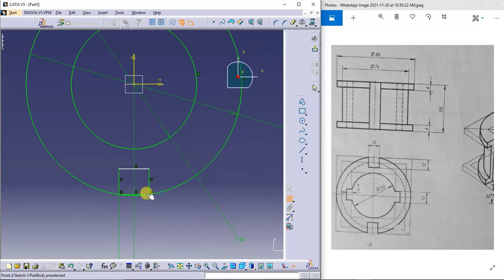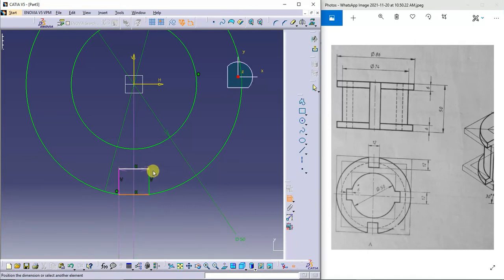Now the total length is 12 mm. Next, this has to be. Before this, I'll go for the trim command. I'll try to trim this.